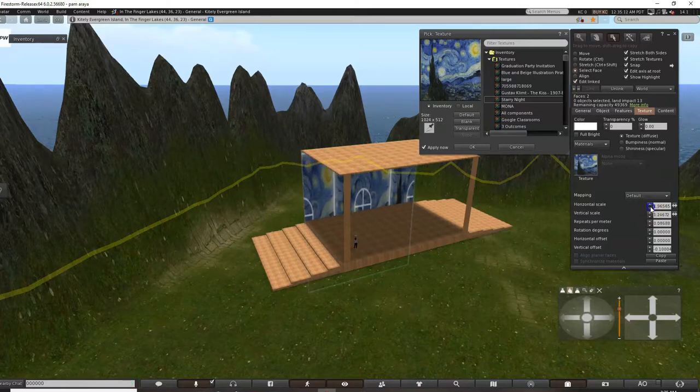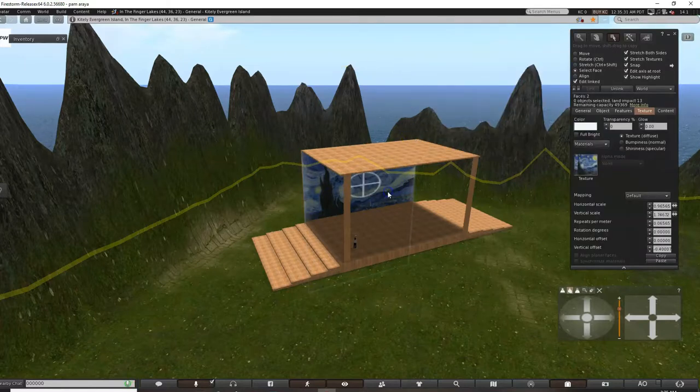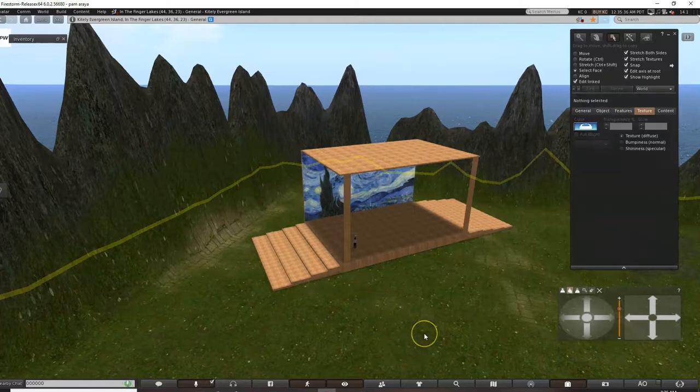And there's one image right there. And I think we have to offset this. Yep, that's what it is. There we go. There's my Starry Night. I'm gonna add some fullbright. Why not? There we go.